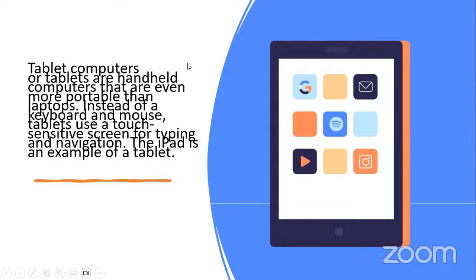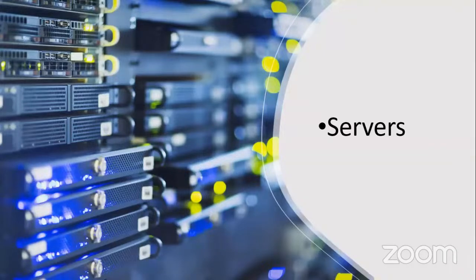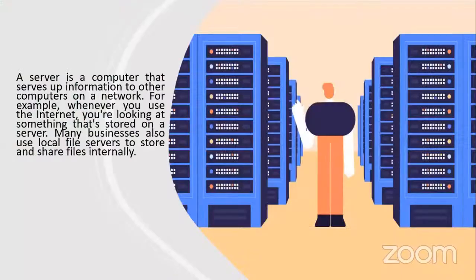So the tablet is also a type of computer. Now we have servers, right? As it goes up, a server is a kind of sophisticated computer that other computers communicate to. A server is a computer that serves, as the name implies. These things are just English, right? It serves information to other computers. So it houses information. Computer one says, I need this information, goes to the server, which releases it, and it solves the problem of that computer one.